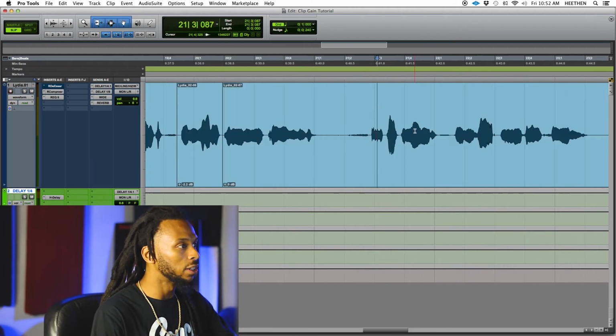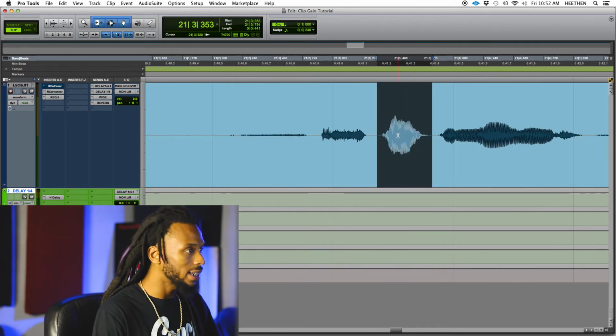Yeah, a lot smoother. Cool. And so I can go through and spend a little time going through each line and adjusting the clip gain